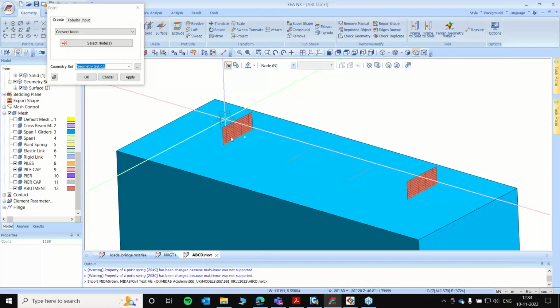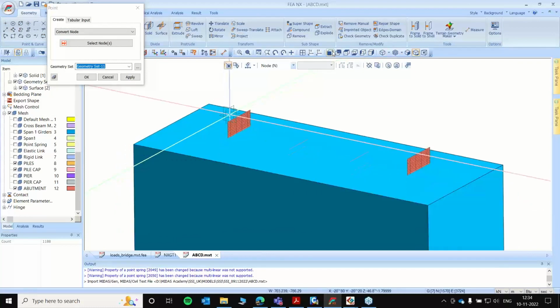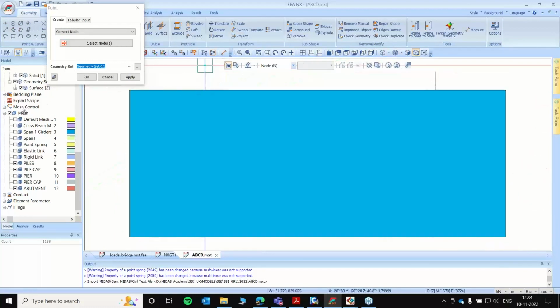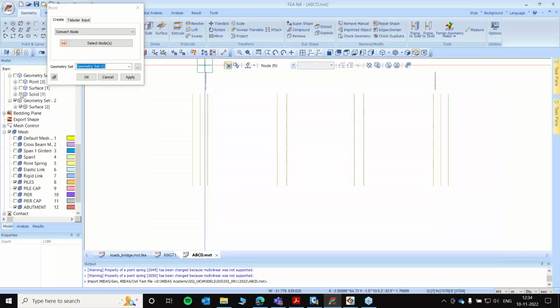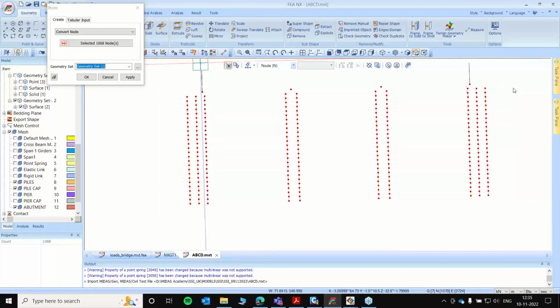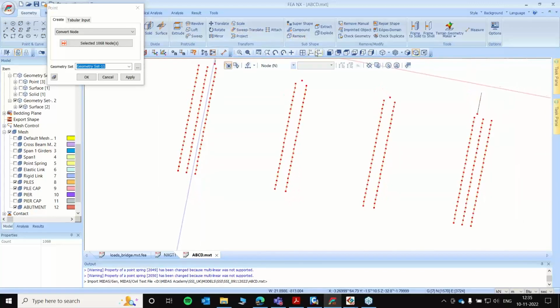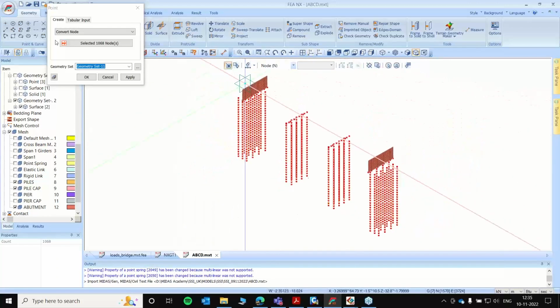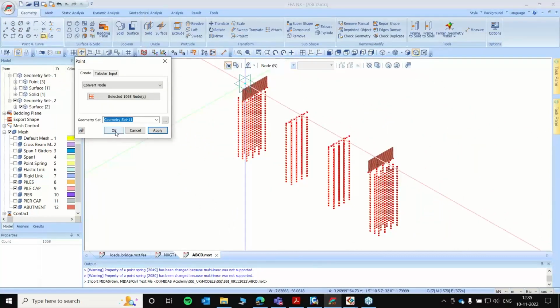So what I'll do is I'll select all the points that fall on the vicinity of the piles and just on the link between the ground and the abutment, like this. Okay, I'll press OK.